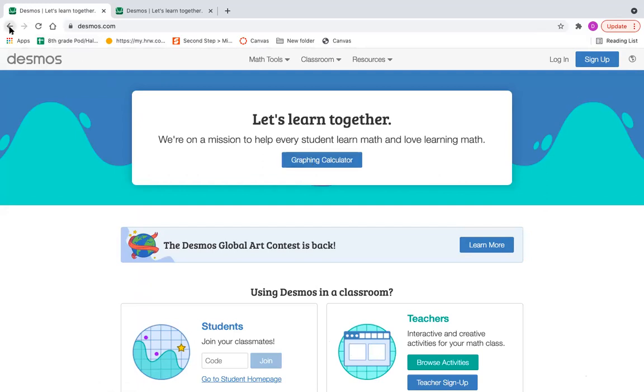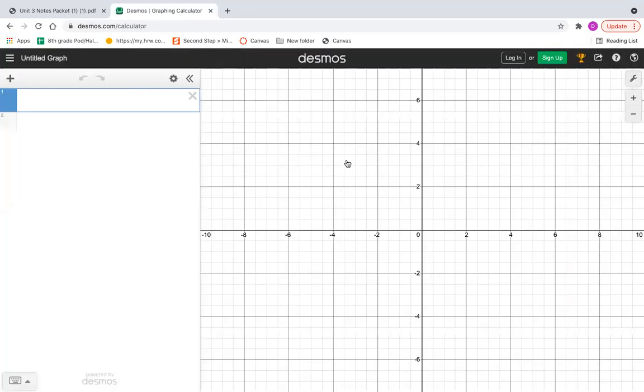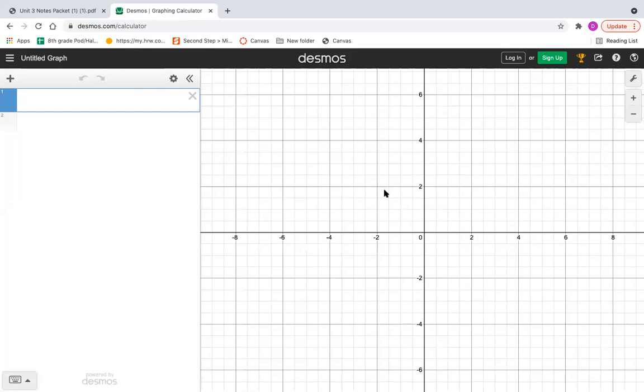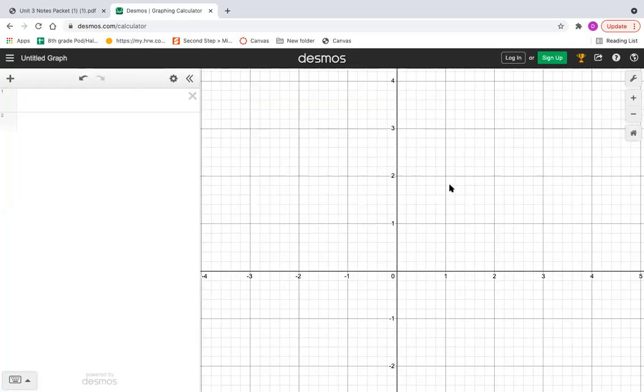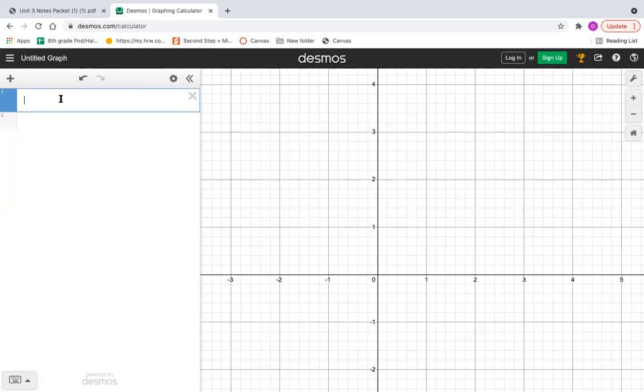So you'll click on Graphing Calculator. And this is an awesome program. It's mainly used for quick graphing, but it also highlights a lot of great points that we're going to talk about today. So the first line that we're going to go ahead and graph is pretty much just our standard